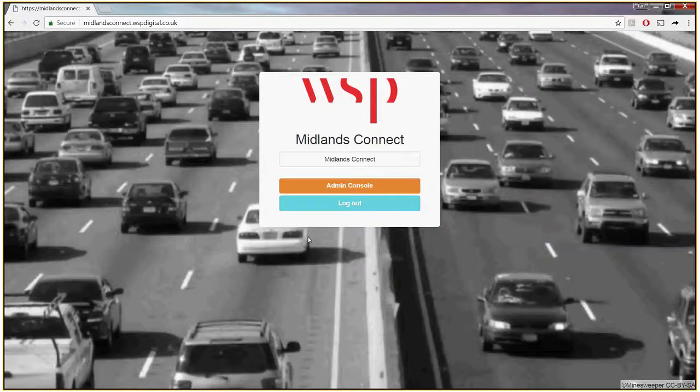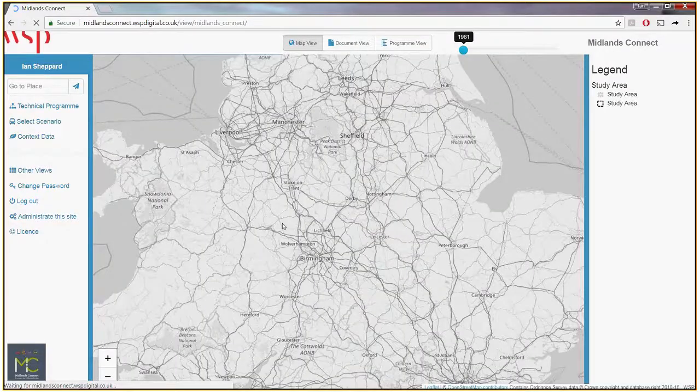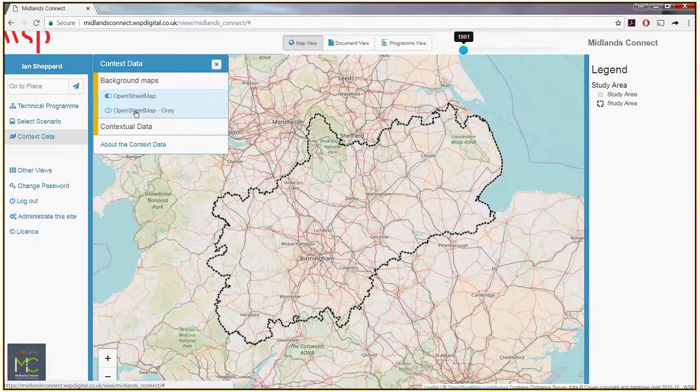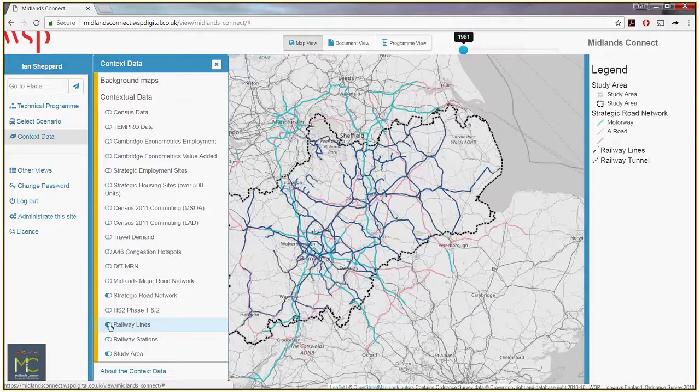So when I log in here, this is the main start view, the map view, and I can set my background, and I've got access to a lot of information via the map. So we've got some ordinary standard map layers here, road and rail networks, and